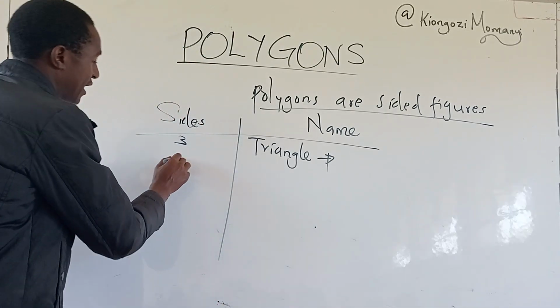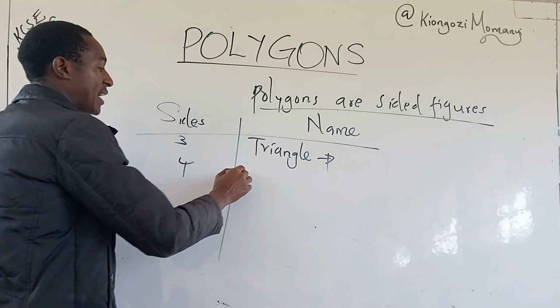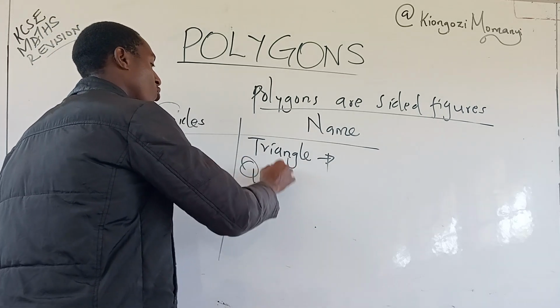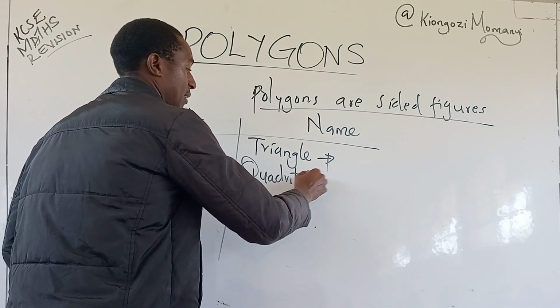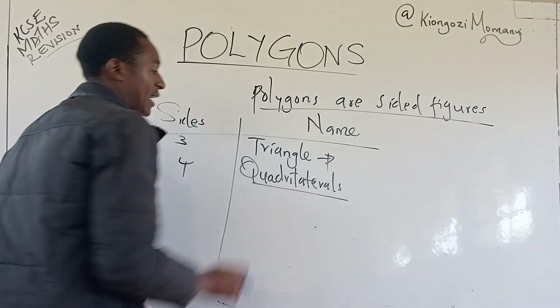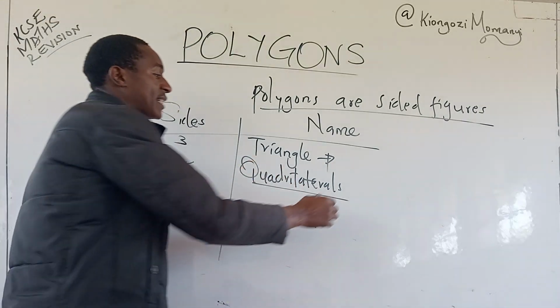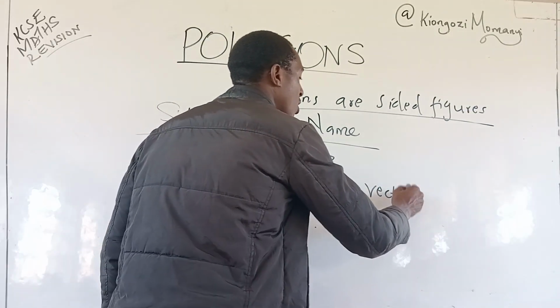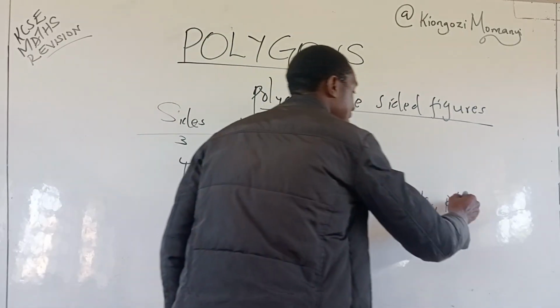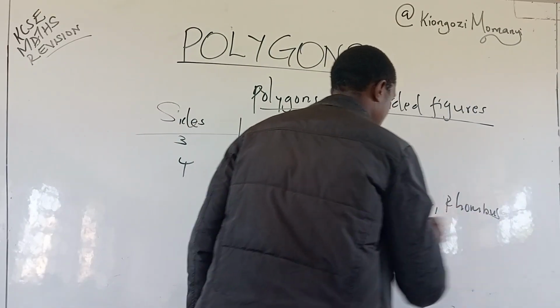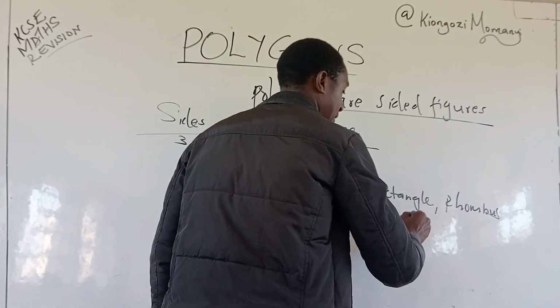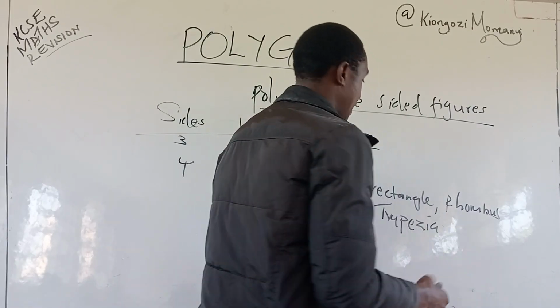Four-sided figures we call quadrilaterals. Quadri means four. We have rectangles, rhombus, trapezia,